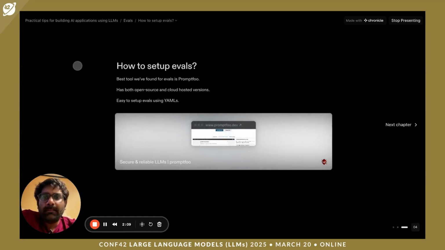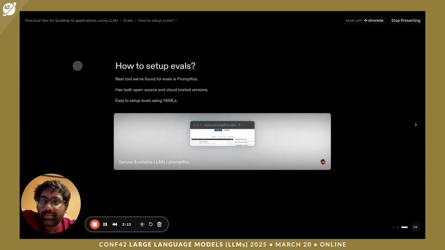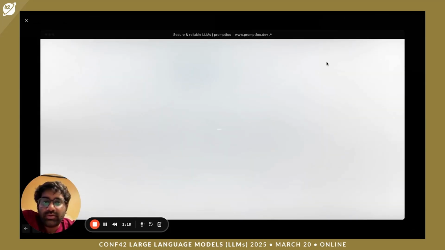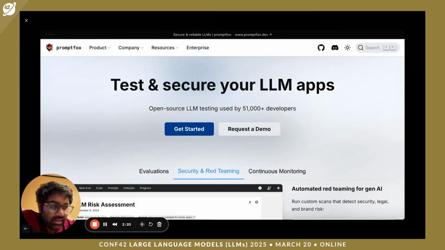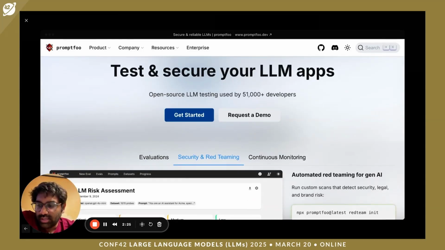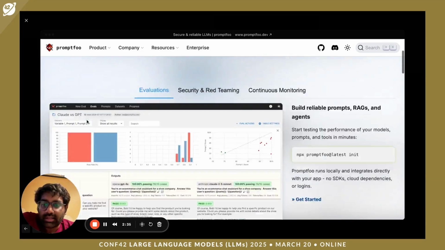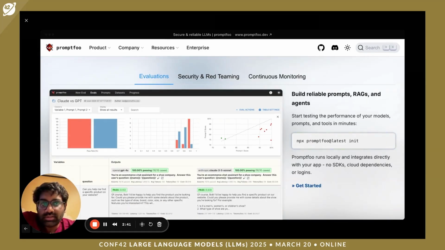We have tried out a bunch of different libraries. The one we like the most is Prompt4. Very easy to set up, simply works using YAML files. Basically, you create a YAML file where you specify your prompt template and you specify a bunch of inputs for that prompt template. And Prompt4 is an open source tool, so you can just straight up install it